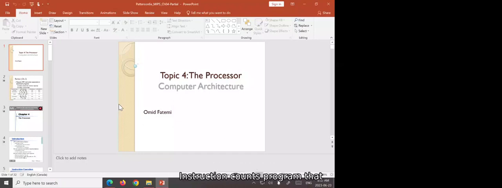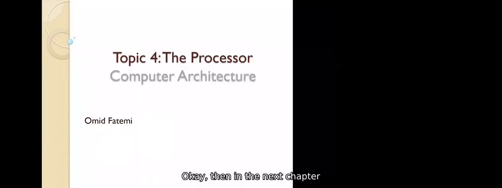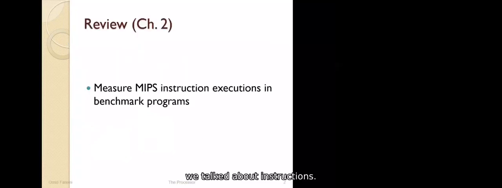Instruction count, the program that you write has so many instructions. Then the clocks per instruction, how many clocks do we need for each instruction to be executed? And then the clock rate, the frequency of the clock. So these three parameters make the CPU time. CPU time depends on these three factors. Okay. Then in the next chapter, we talked about